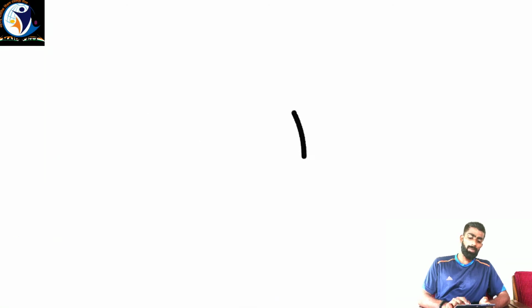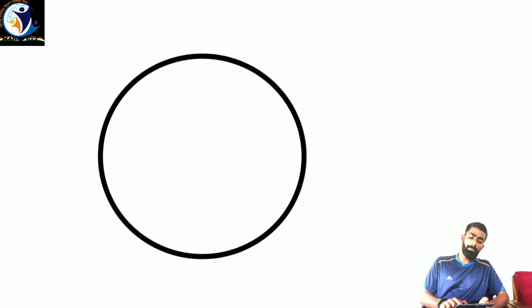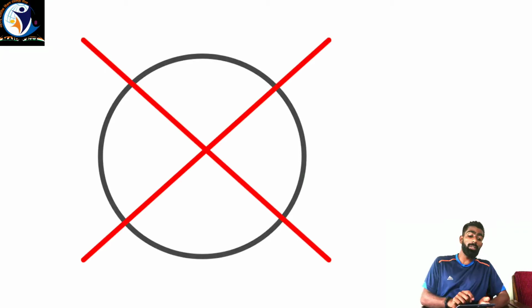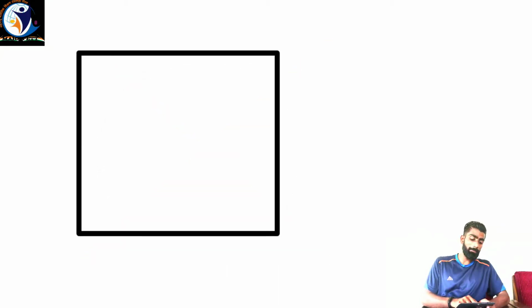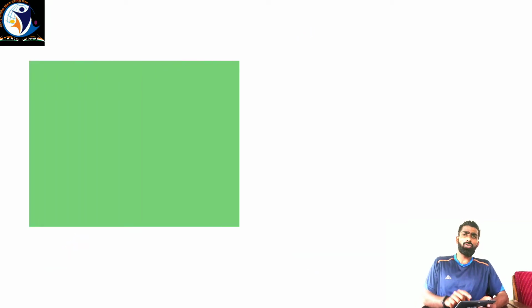First of all, tell me the shape of football field. Is it a round shape? No, it isn't. Then it must be the square. It's not a square as well. Yes, as you can see on your screen, the football field is a shape of rectangle. So let's start our session.